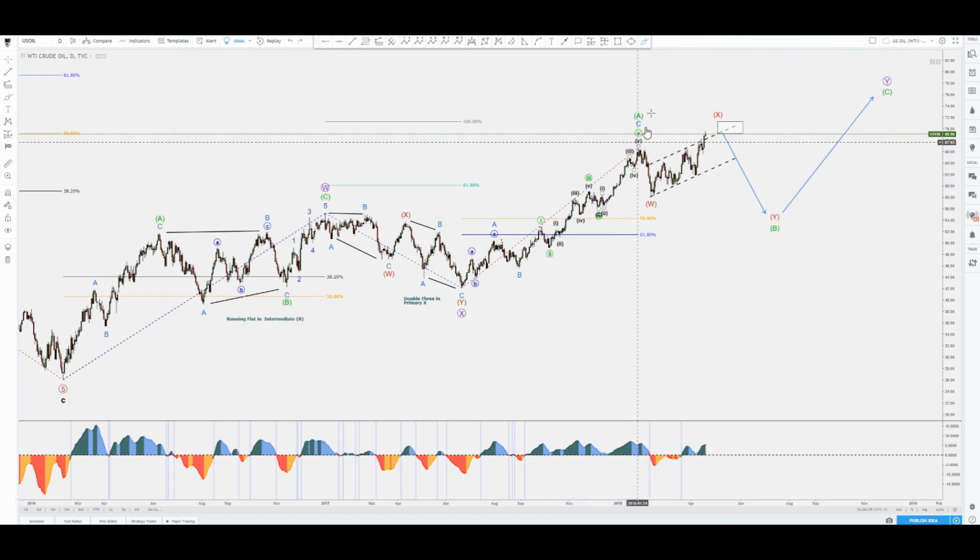Right after that, crude oil started correcting again, right? So what I'm gonna do is focus on this. So as for the Fibonacci levels,